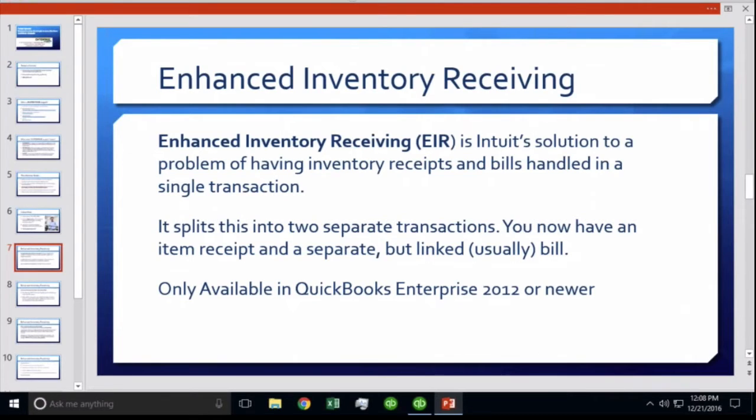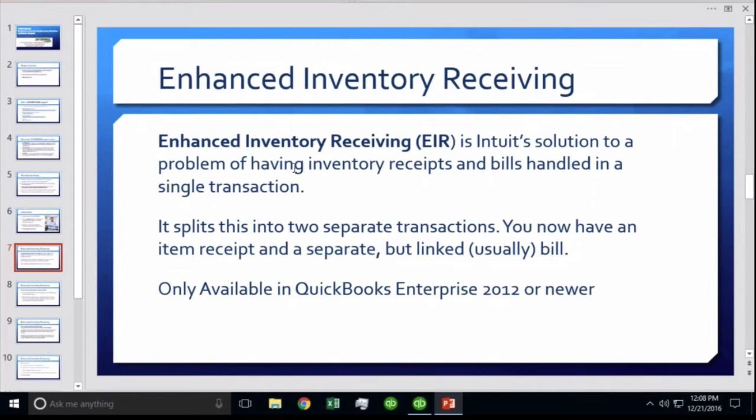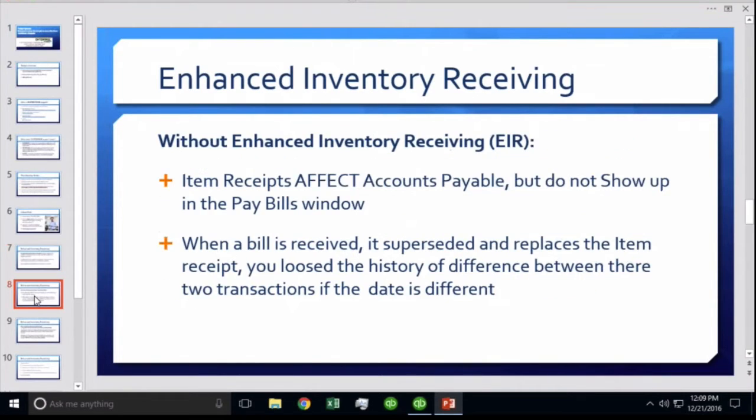Now, this is only available with QuickBooks Enterprise 2012 or newer. So if you're working with an older version, you won't see this feature. Now, this feature has to be turned on. So before the feature is turned on,